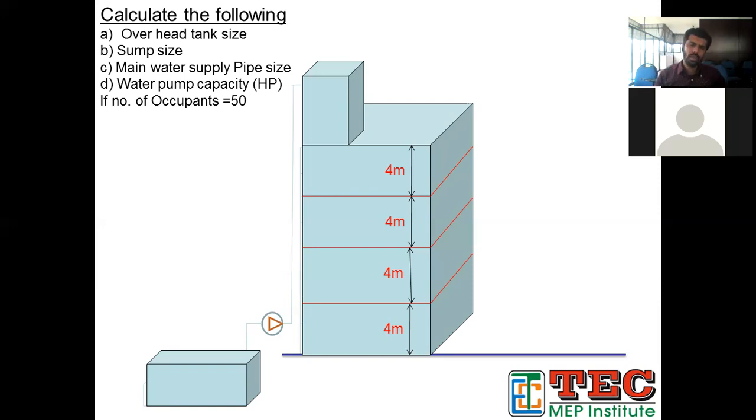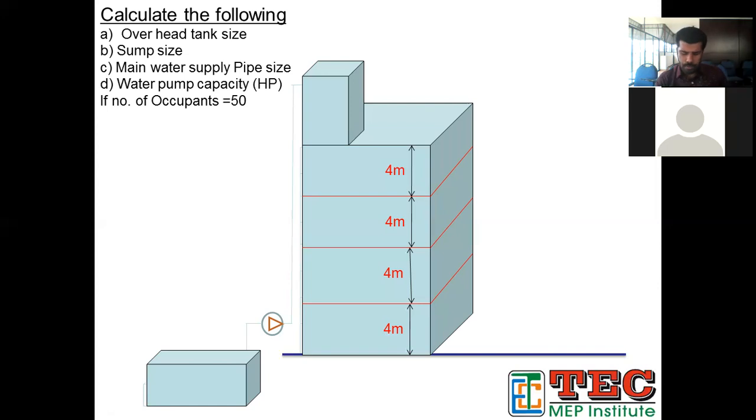So here we have separate tanks, but now we are trying to find out only the overhead tank for the domestic purpose. So the number of occupants is given. We know the total is 50. The storage capacity required per person per day we can take as 100 liters per day, instead of 90. Which means that one person is using 100 liters per day. Okay, the usage is 100 liters per day, or 100 liters per head, you can say.